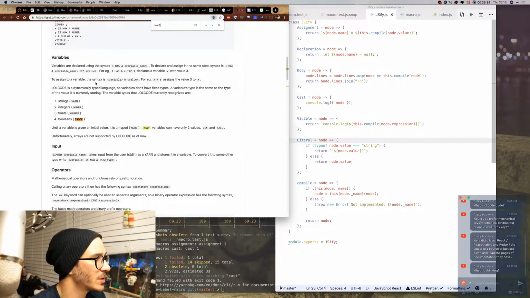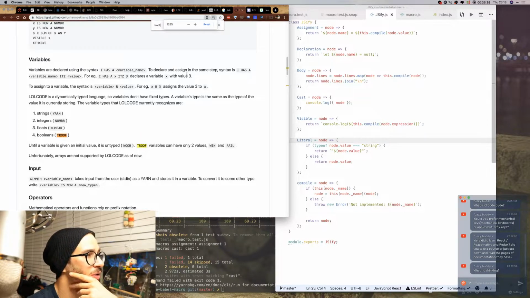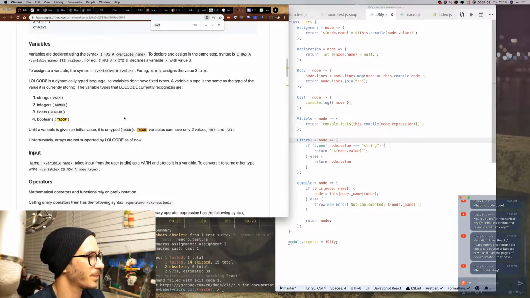Truth? Booleans. Variables are declared using the syntax I HAS A variable name. To declare and assign in the same step, the syntax is I HAS A variable ITZ value. LOLCODE is dynamically typed, so variables don't have a fixed type. A variable's type is the same as the type of the value it is currently storing. The variable types that LOLCODE currently recognizes are strings, integers, floats, and booleans. Until it is given an initial value, it is an untyped NOOB. Truth variables can only have WIN or FAIL. Arrays are not supported. So